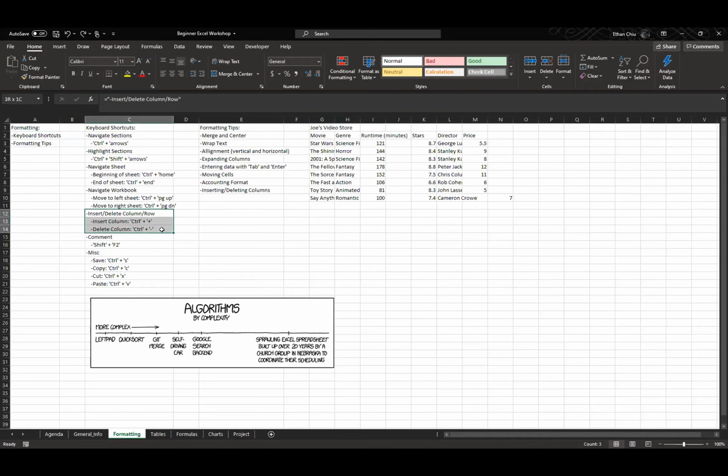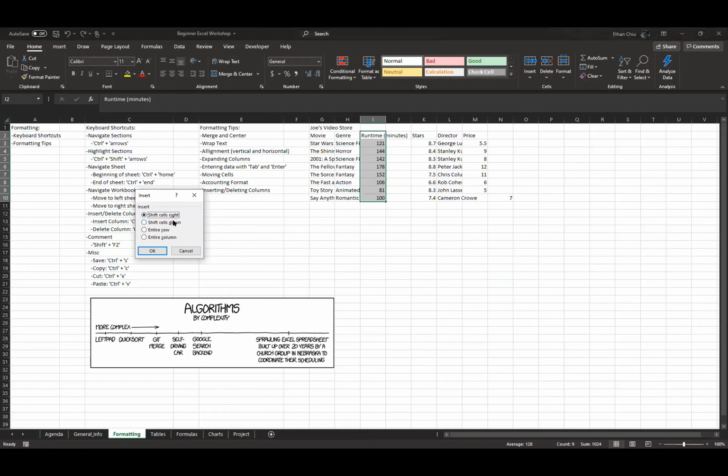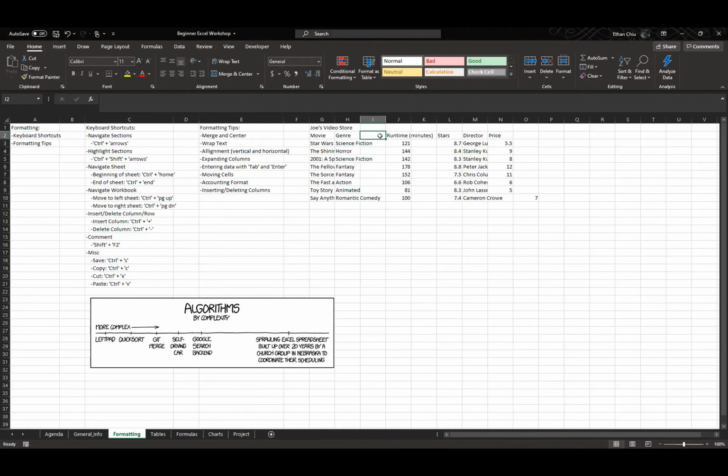And for inserting a column or row, this is also really useful, especially if you have a table. Say right here, we have this table right here, and we want to insert a column right here between genre and runtime. We can just select this, and click Control+, and then you can decide where you want to shift the cells that are currently there. Typically, if you have a column, you'll want to shift to the right or the left. And if you have a row, you want to shift it up or down. So in this case, I want to shift it to the right,